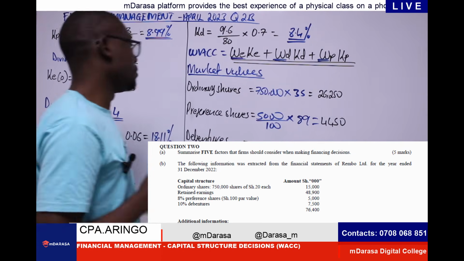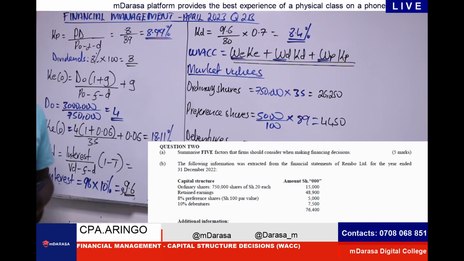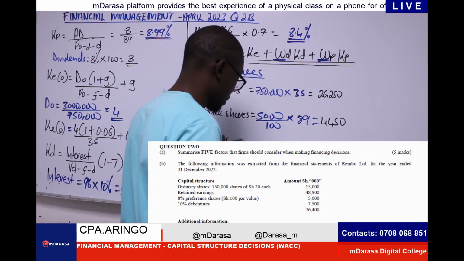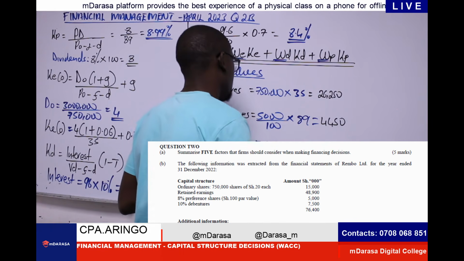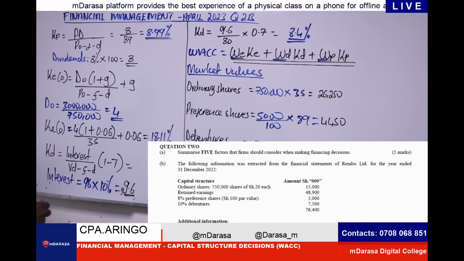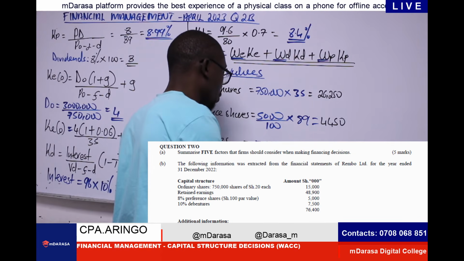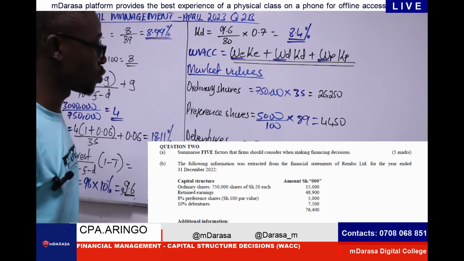What about debentures? The same case applies. The value of debentures given in our case, according to our capital structure, we had 7.5. And we agreed that this par value of debentures, in this case, because we weren't given anything else earlier on, we take whatever was issued on the first day. That is what you're told. It was issued